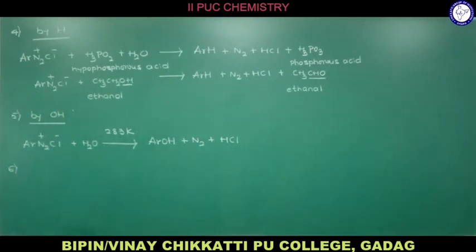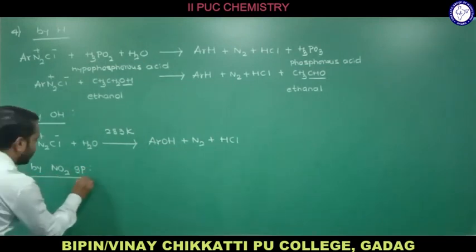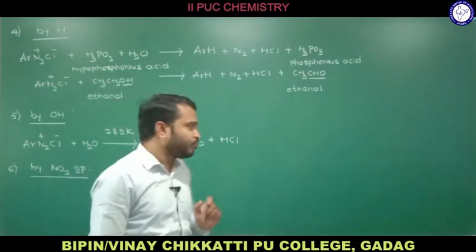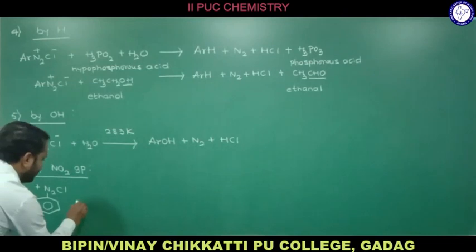One more reaction we'll see is how we can replace the nitrogen by the NO2 group. So the nitro group, how we can displace the nitrogen of benzene diazonium salt with the nitro group. So let me explain that one. Now here I am going to consider this is a benzene ring and N2Cl. This is, as you know, the benzene diazonium chloride, and when this reacts with